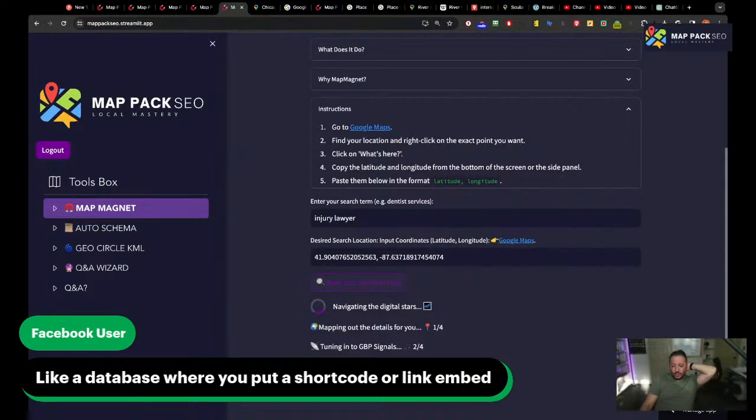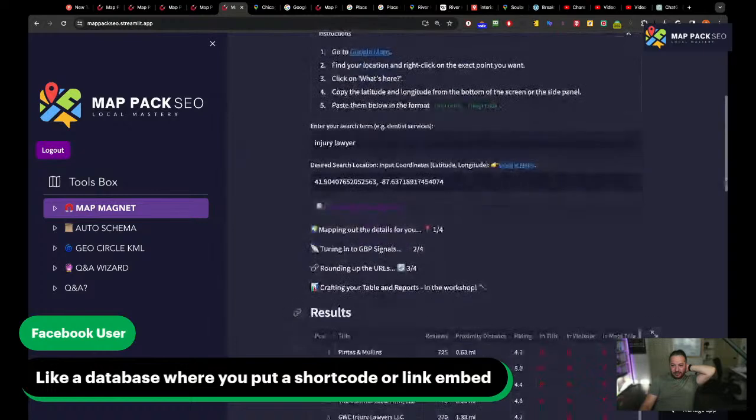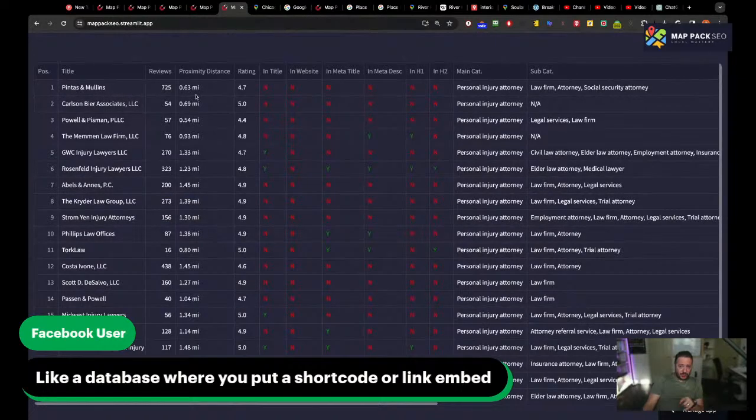But with this tool, it's taking me seconds, and now I have a lot more data than I used to work with. And I list all from that location that we searched, right? They give you the proximity distance between the actual location that you search from and the actual business. So in this case right here, you'll see mostly this is the closest